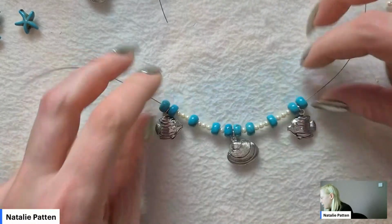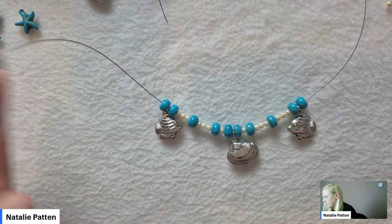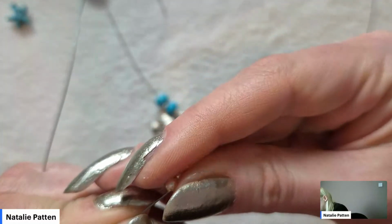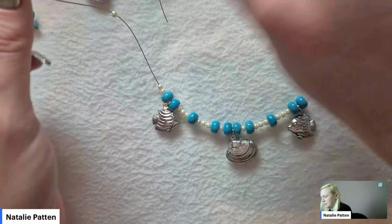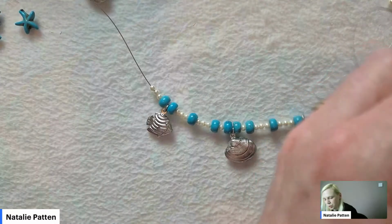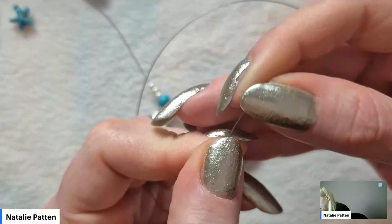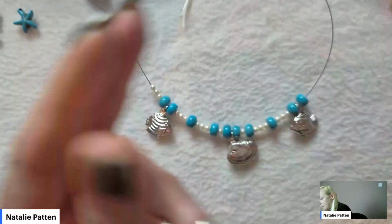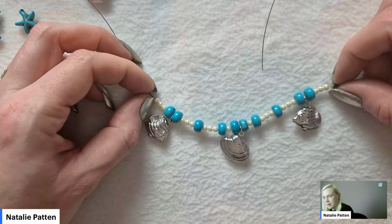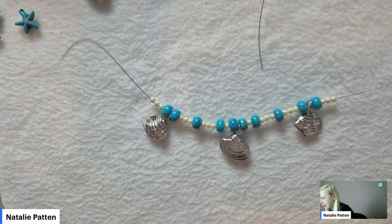And then I'm going to go back to add in 3 pearls. Where's the end of my pearls gone? There they are. I think these are really lovely sizes as well, using the 3mm pearls. Just kind of acts as little spaces really, just to punctuate those lovely rondelles that we're using. So I've added on the 3 there. And then I'm going to add another rondelle, another 3, and then my last of my charms, which will be